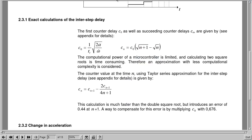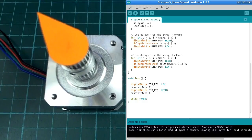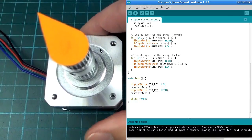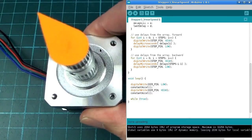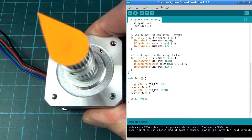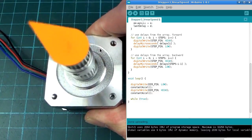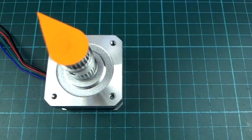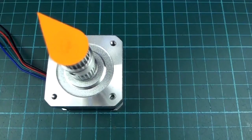But this time when we listen to this, you should hopefully be able to tell that it sounds a lot more natural when it moves. So let's run that. So it's a bit more of a smooth sounding motion. So that works okay, but obviously filling a fixed length array with the interval values is not very practical for the general case,